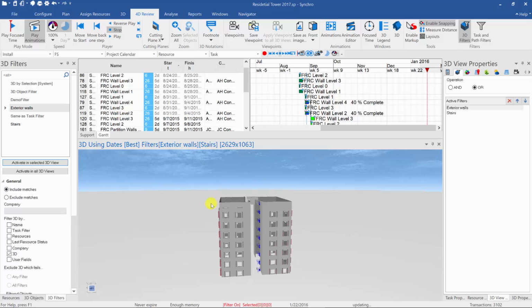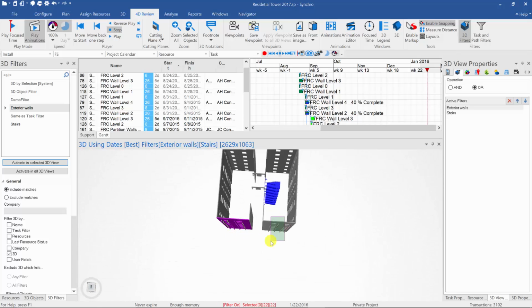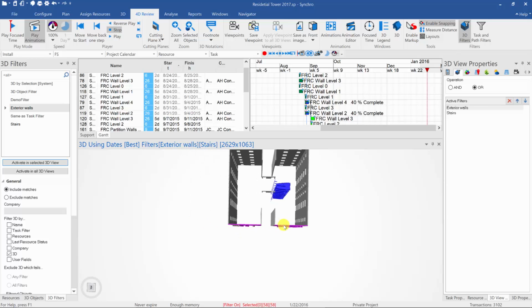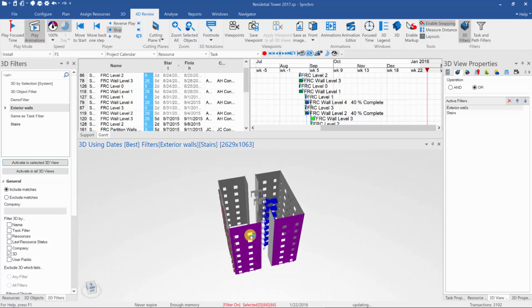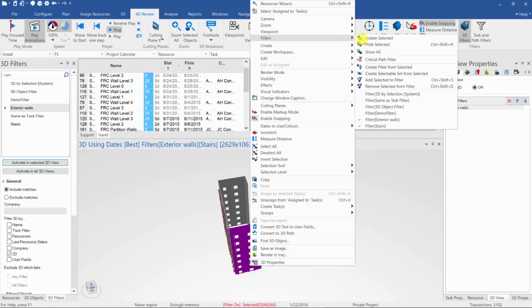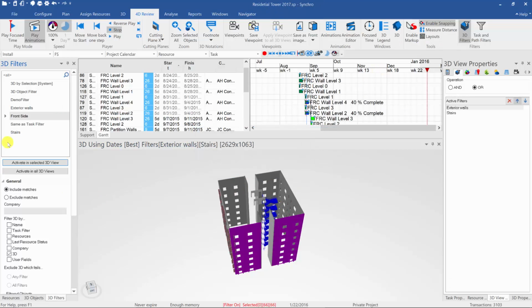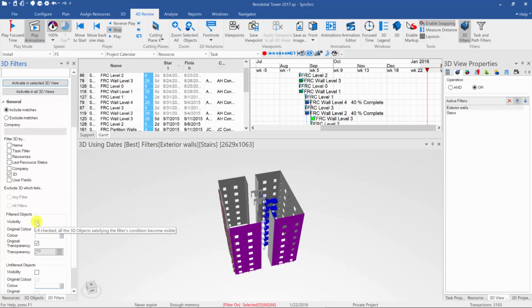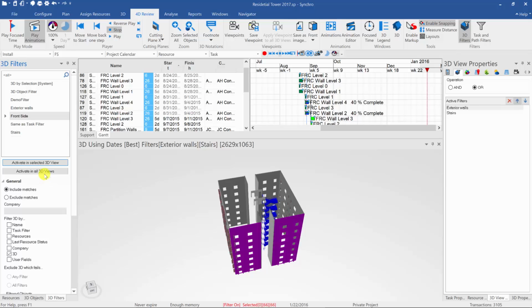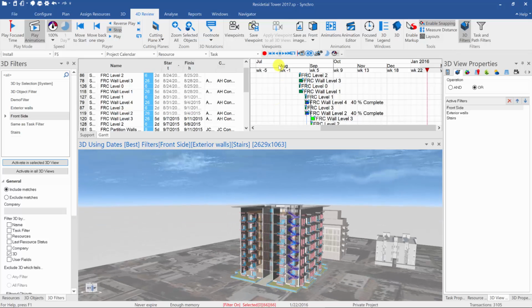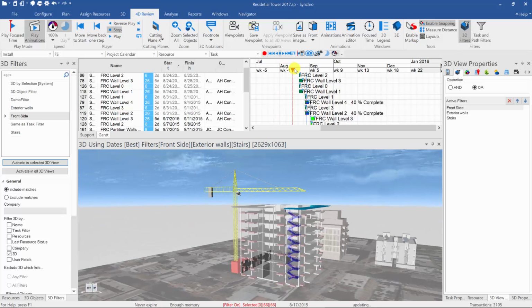Now let's create a third filter that hides the front face of the building, for example. To do that, we can select the front face of the building from the 3D view, and then right-click Filters, Create Filter from Selected. But this time, we'll set the filtered objects to not be visible and the unfiltered objects to be visible in their original color. And now when we activate the filter and move it to the top of the list, we'll be able to see how the exterior walls look while being able to see the interior construction of the